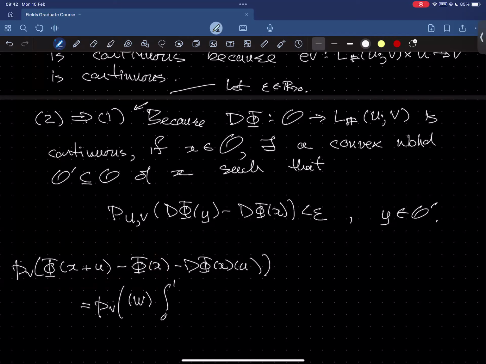So it's the integral of d phi of x plus s u, ds, minus,